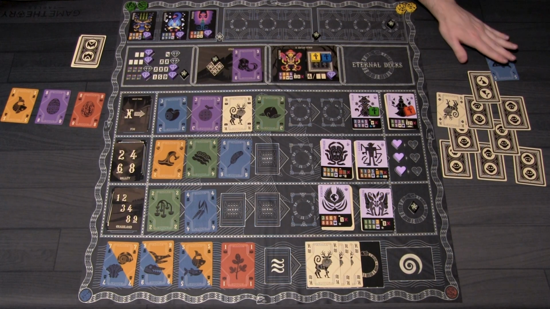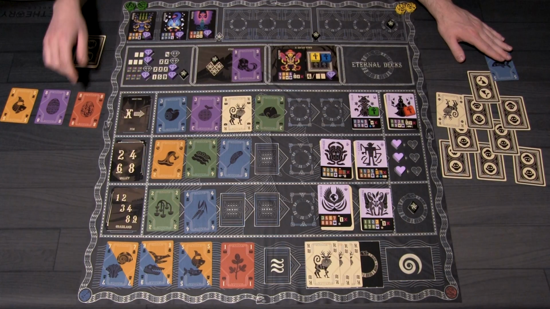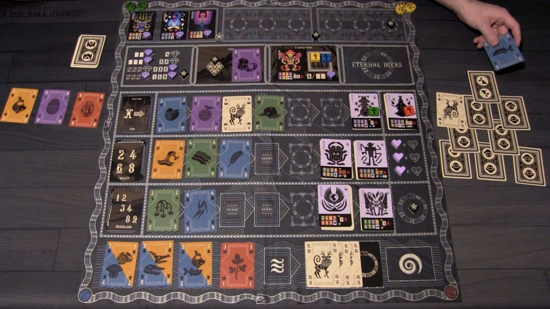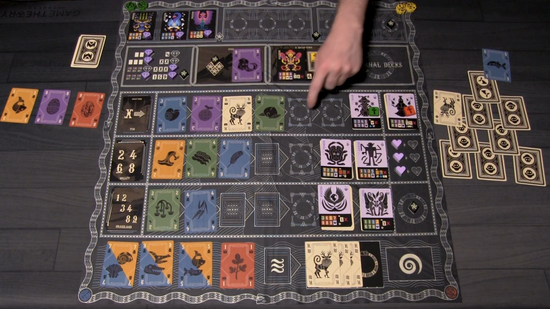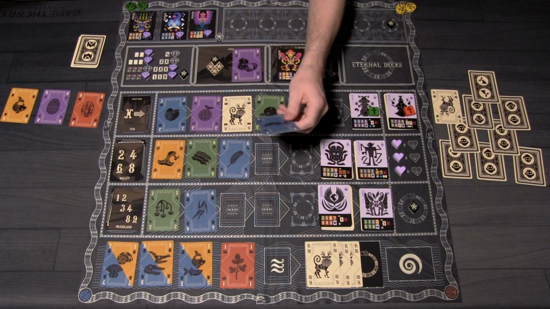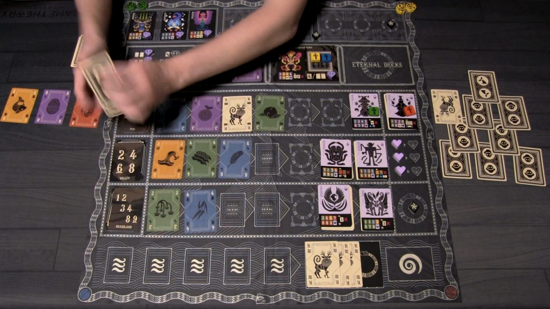I believe it's yellow's turn. I just lost track of whose turn it was. I think I just played the 3 over here. Okay, can't play 2s and 8s. So this 5 is going to have to go into the river, or I could play the rare up here. I think I'm going to just play the 5 into the river, which will clear this and get me a